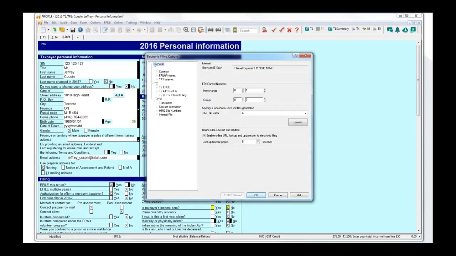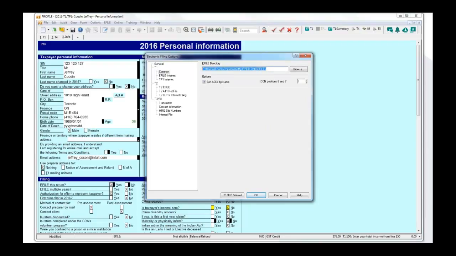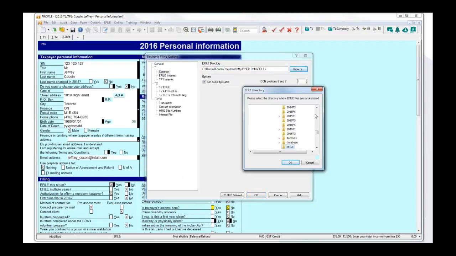For T1, it's going to be under the general T1 common, and it's this file path here. You can change it by clicking on Browse and then switching it to wherever you want to save the e-file file. Okay. By default, if it's a change of system, like I mentioned, just repoint it to your new system,